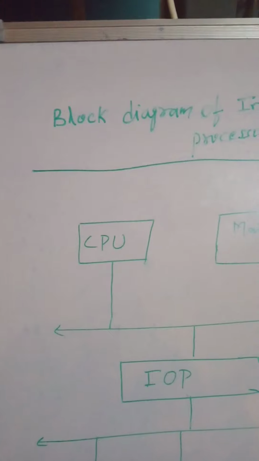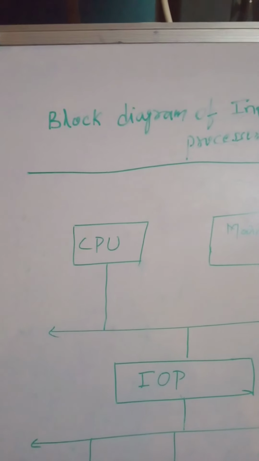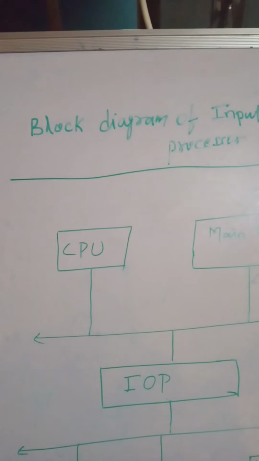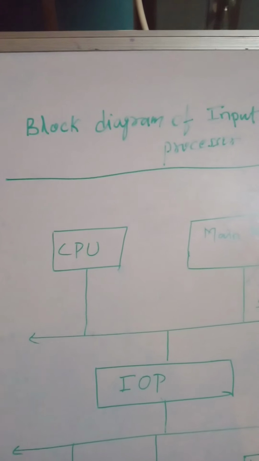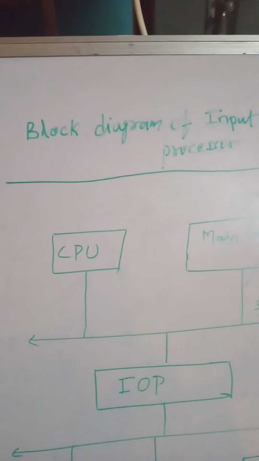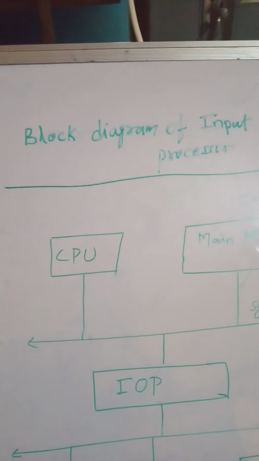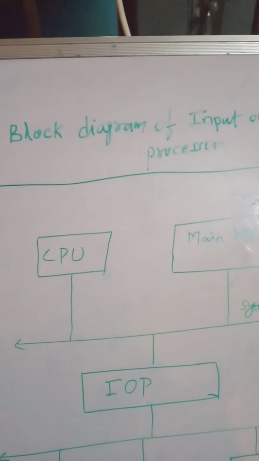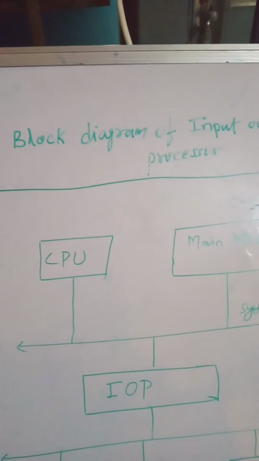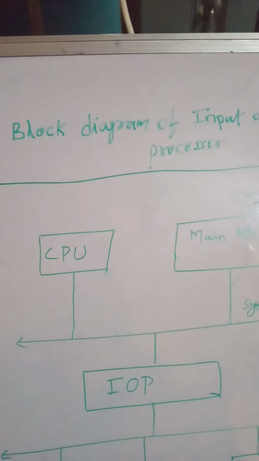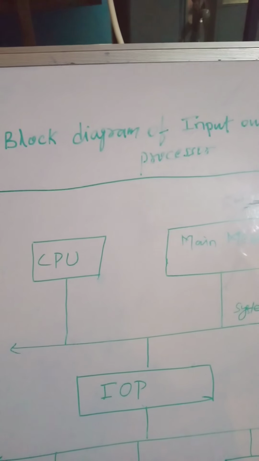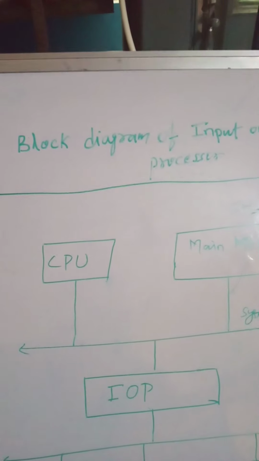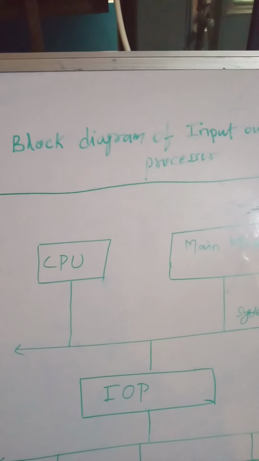It is more equipped with facilities than those available in a typical DMA controller. The IOP can fetch and execute its own instructions that are specially designed to characterize IO transfer. In addition to the IO related tasks, it can perform other processing tasks like arithmetic, logic, branching and code translation.